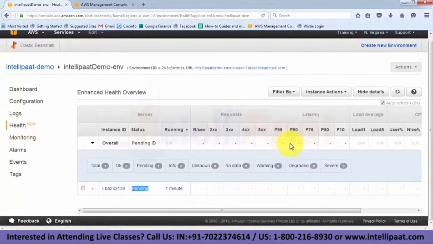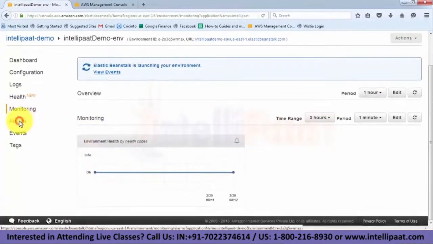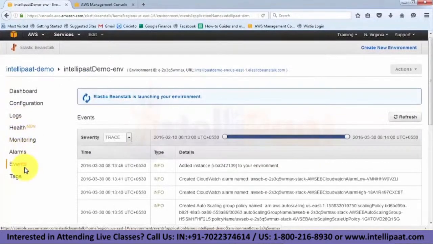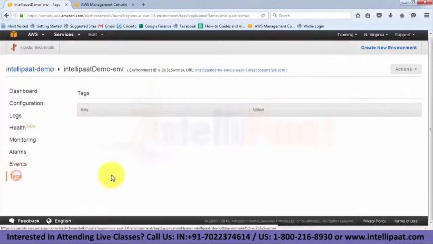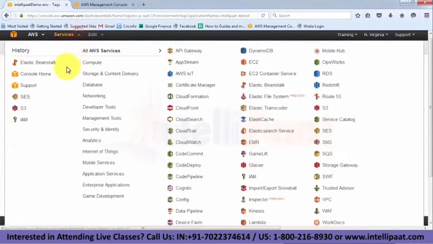So load balancing requests, latency, how it's performing, load average, everything is available here easily. You can do your own monitoring with CloudWatch. If you want to configure alarms, you can add alarms also. If you want to subscribe to various events, you can do that. You have given certain tags, so it would be handling the tags also. If I go to my EC2 by now,